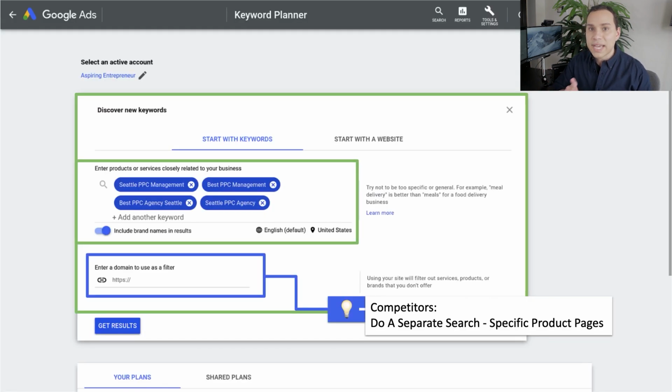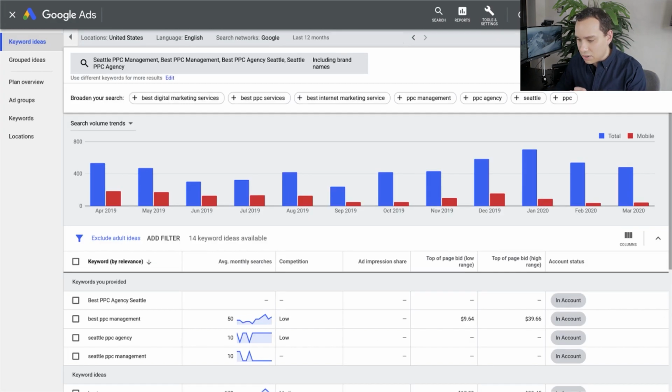You can also do a separate search for competitors. So if you know of a competitor, go ahead and select their sales or product page specifically, not their whole domain, but the specific page that's similar to what you're running, and Google can give you some ideas. You're gonna go through the exact same process. And by the way, these ideas don't necessarily mean that the competitor is running those keywords. This is just Google coming up with what they think would be a good fit for that particular page. It's important that you choose competitors that have a lot of traffic, big ones, not small, tiny ones. So let's go ahead and get our search results here.